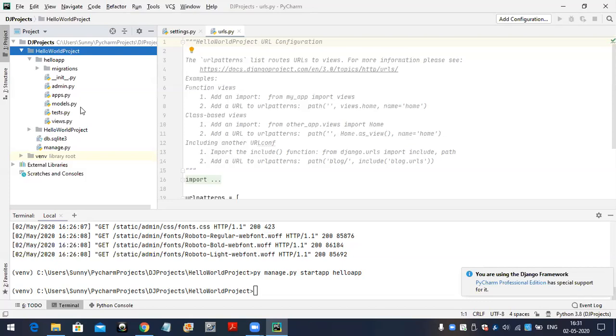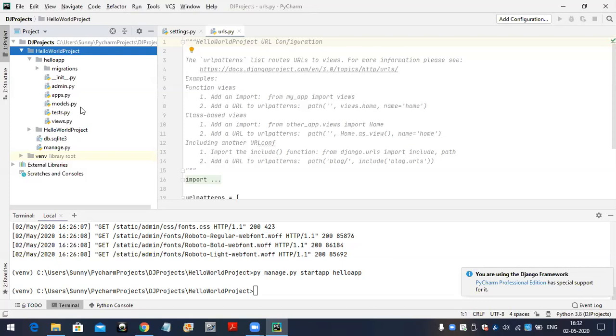The table name is student, so inside the models.py file we have to create a Student class. The column names you want inside a table, we have to take as fields inside the model class. Suppose student number, student name, student address, student marks: all these we take as fields inside this model class.